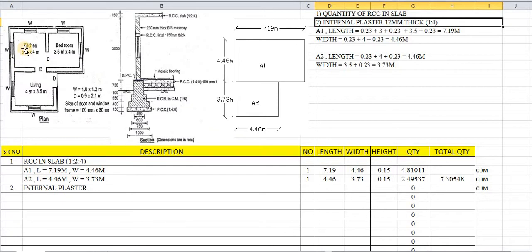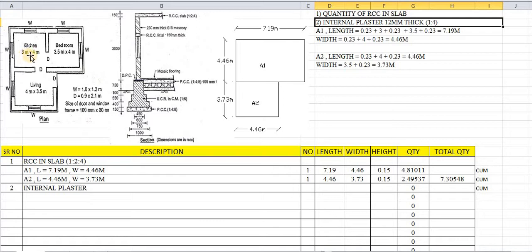That means 3 meter walls, there are 2. What about the width side? 4 meters is the width, and again there are 2 walls, and we have to lay down the plaster for these 2 walls along the width side. That means in the kitchen room we have to apply the plastering for 4 walls: along the length side there are 2 walls, and along the width side 2 walls. Overall 1, 2, 3, 4 walls to be considered for plastering.